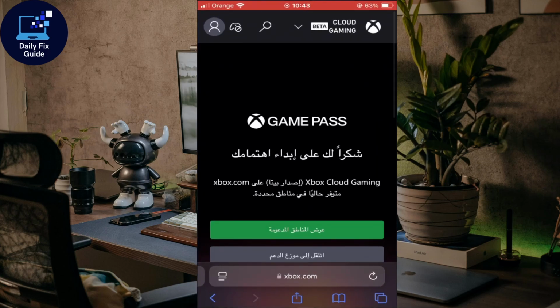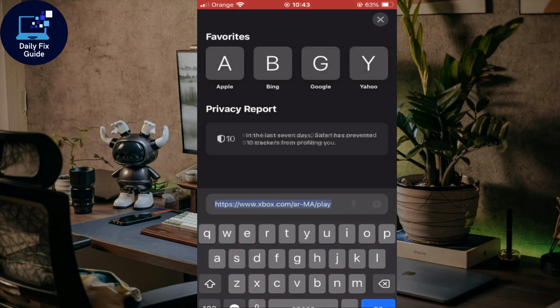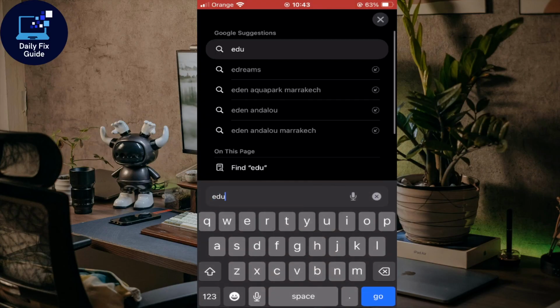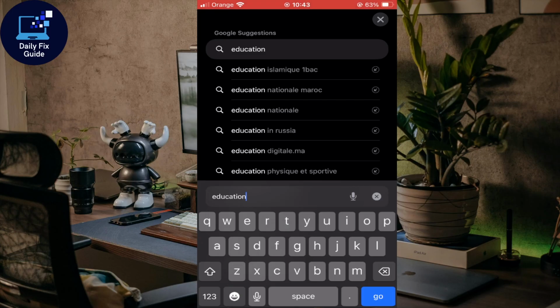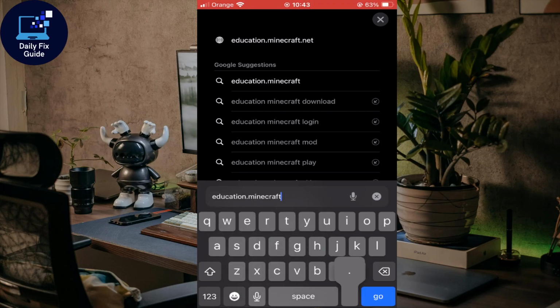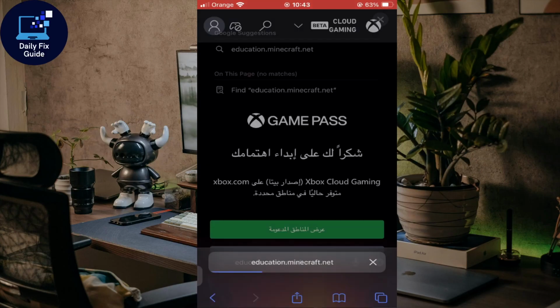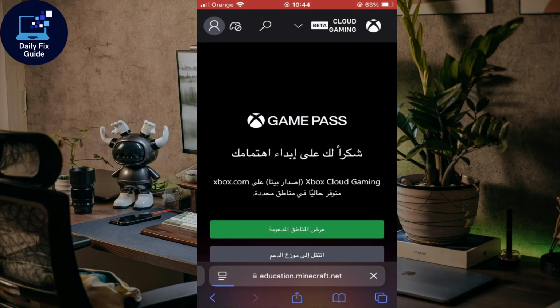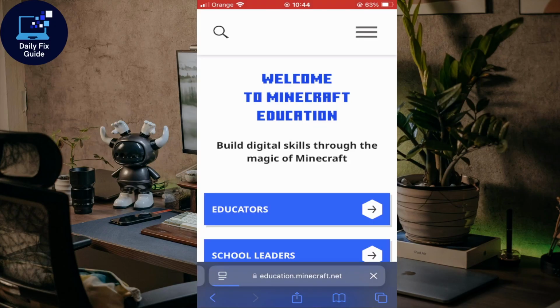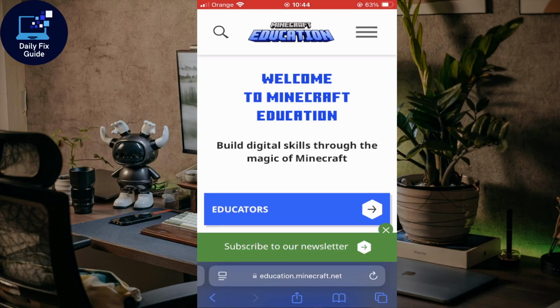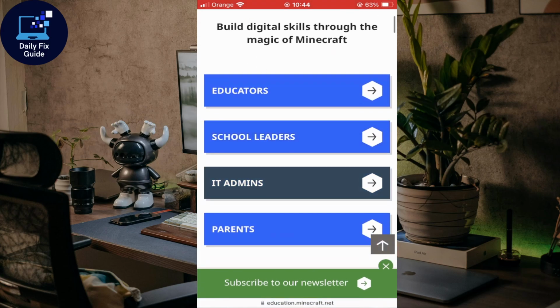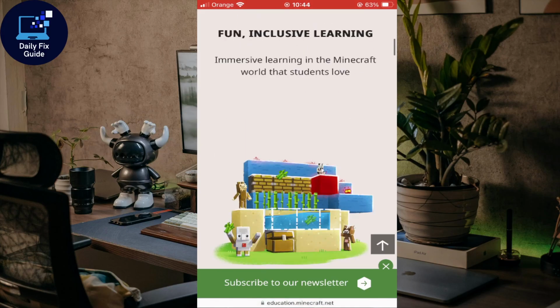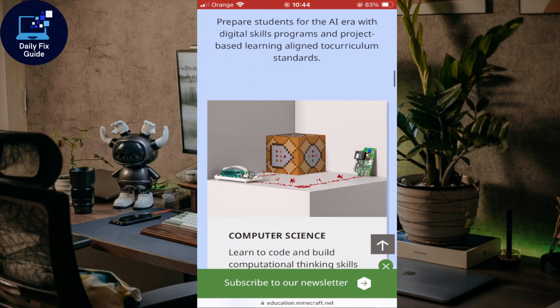The other option, again, you'll have to go to any browser that you have and simply go to education.minecraft.net. Hit the enter button again. And of course, here you'll be able to log in using a school or university email. It should end with .edu or any school domain, if you have a school email. And from there, you'll be able to download the real Minecraft for free using just